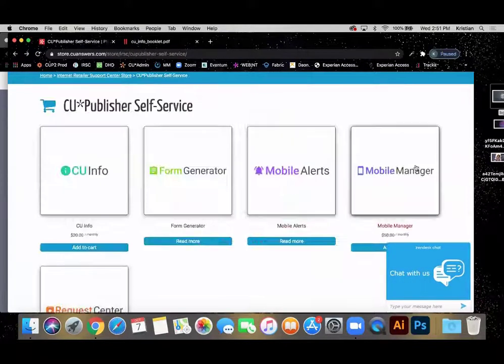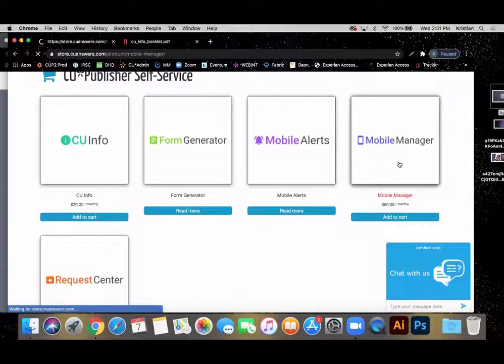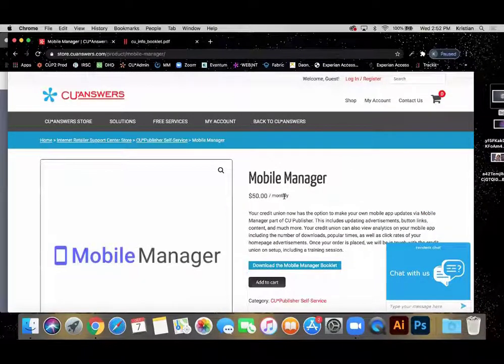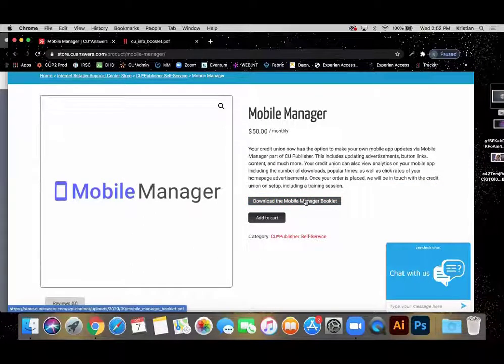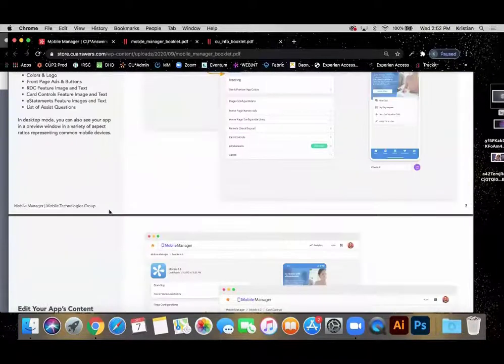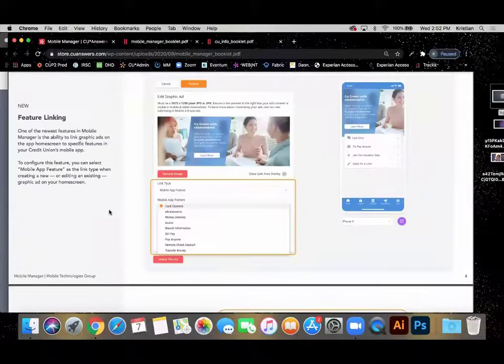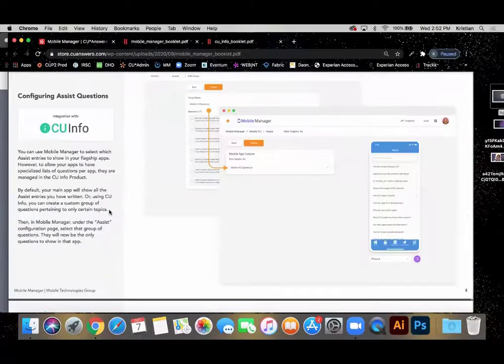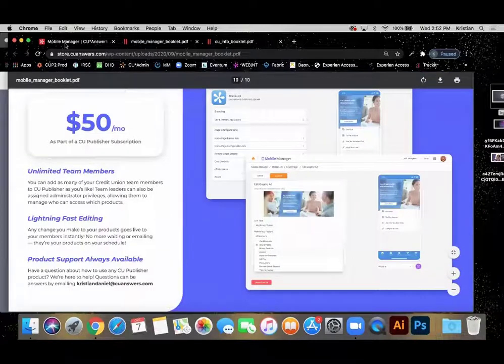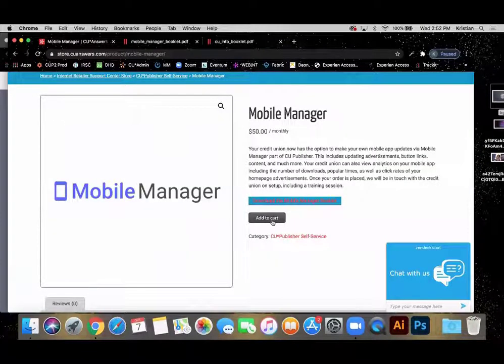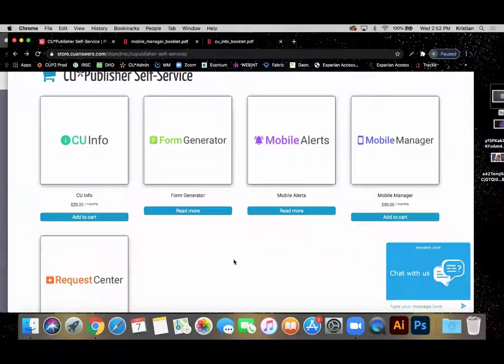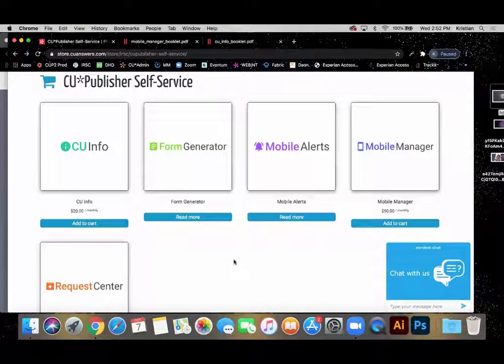So here we'll go back, and then we also have Mobile Manager here. Mobile Manager is $50 a month for credit unions. And then once again, we also have the download the Mobile Manager booklet where you can see some further information. Once again, if you do have a new user that you need to train on access to Mobile Manager, these are great resources for your credit union. Once credit unions are ready to get started, you can add these products to your cart and then check out. Once you check out, we'll then receive notification in the MTG IRSC professional services team